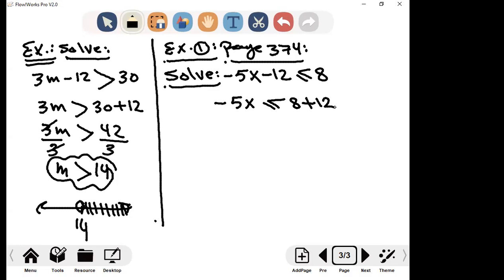But we gave it a special name for us, connected number. Now simplify 8 plus 12: negative 5x less than or equal 20. Now I will divide both sides by negative 5. So we divided by a negative. Here, be careful, you need to switch the sign of the inequality. So negative 5 with negative 5 is positive 1x, which means x. And this will be